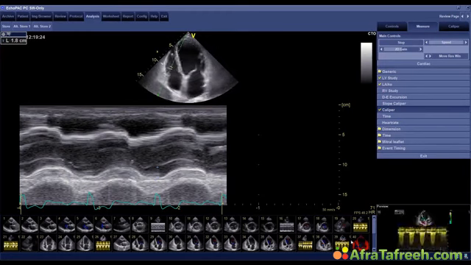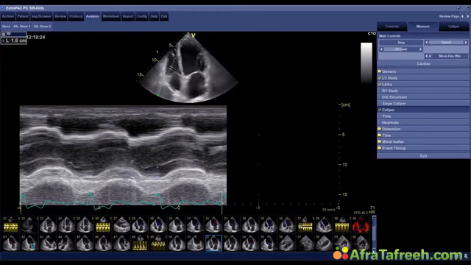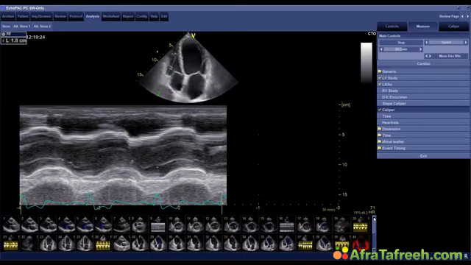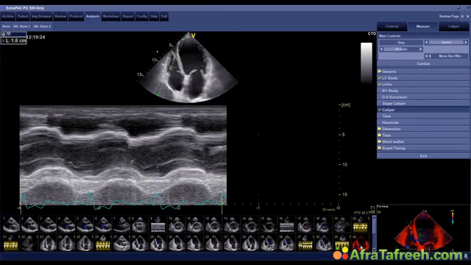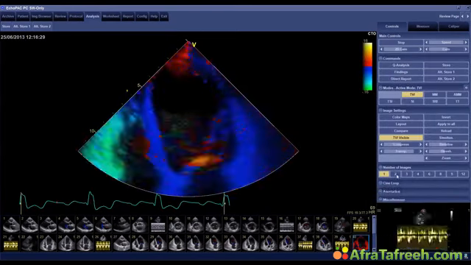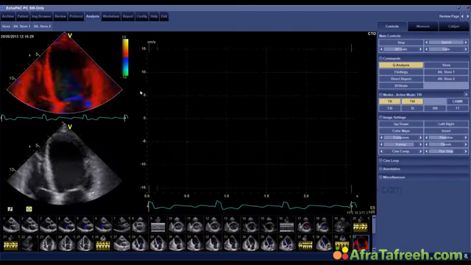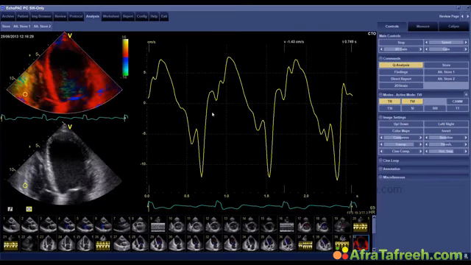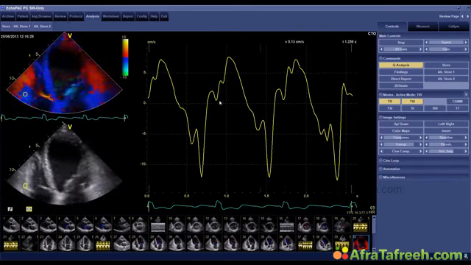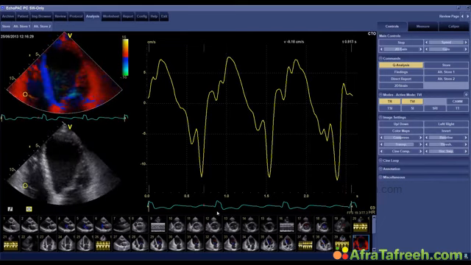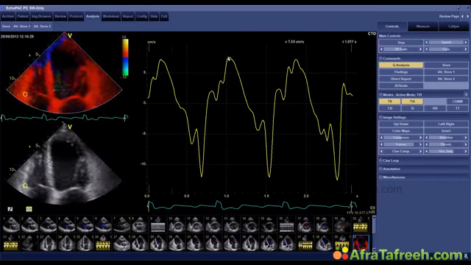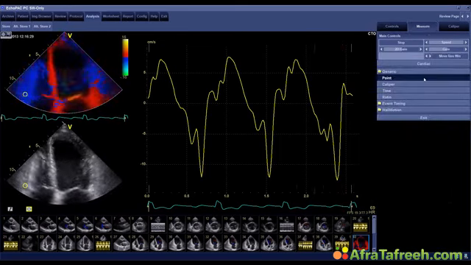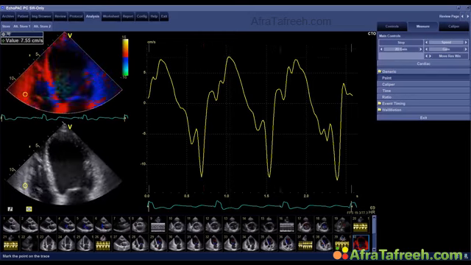The other thing you can do is you can look at the tissue Doppler of the free right ventricular wall. I don't know if we did it in this patient. I guess we didn't do it, but we can do it offline if you want to do it. All you need to do is you put the tissue Doppler here, the lateral wall, and then you have this signal, and you see the systolic motion right here. This is the QRS complex, systolic motion, and then all you need to do is just simply measure the peak here, and you have a velocity of